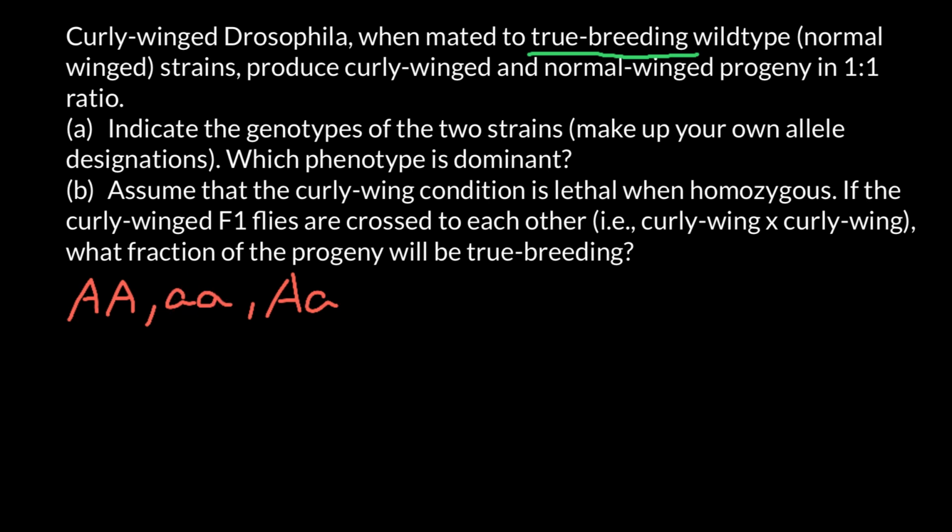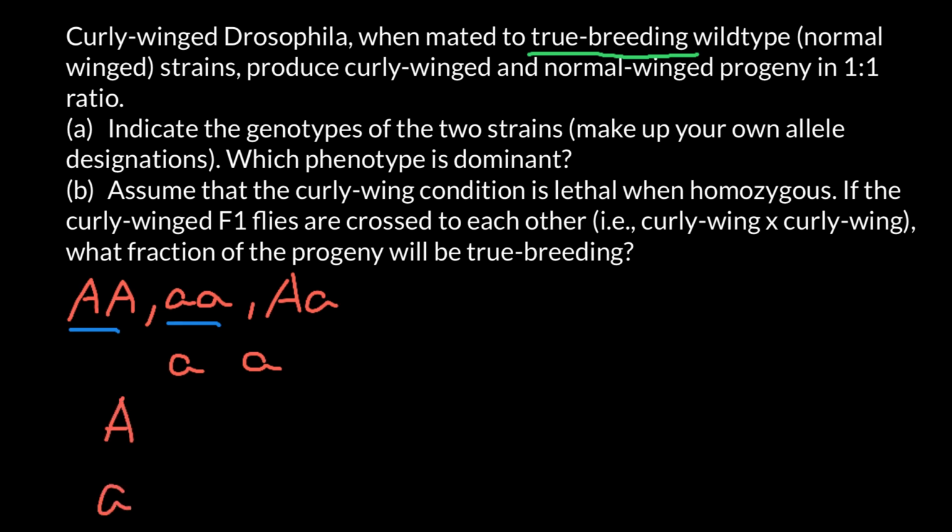And basically we have to choose between this variant and this variant for our wild-type Drosophila with normal wings. So which one are you going to choose? You can try both variants, but the correct variant is that true breeding wild-type Drosophila belong to the genotype homozygous recessive, small a, small a, and curly wing is due